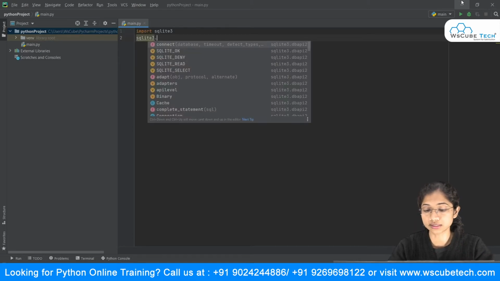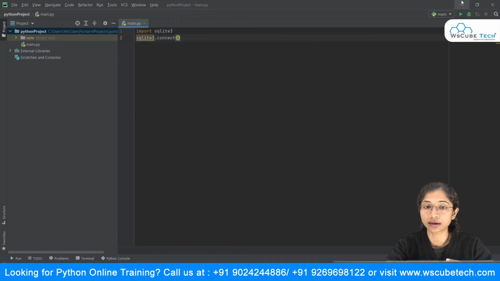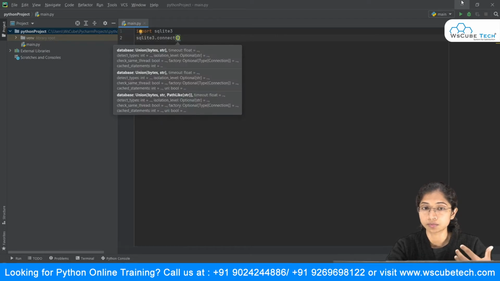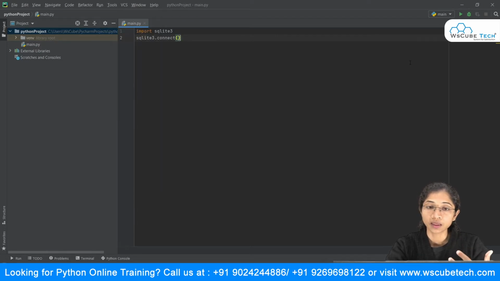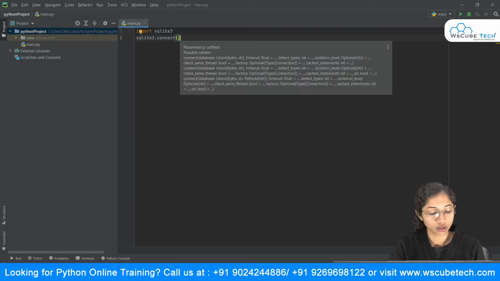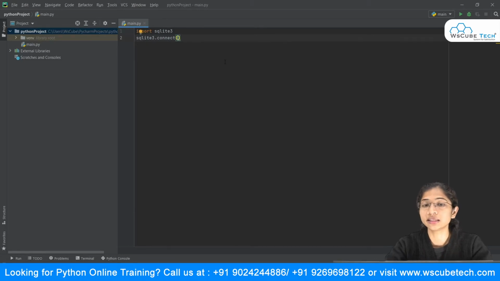We want to use this in order to connect our Python with the database. Inside this parameter we have to write down the name of our database. As for now I'm creating the database of student, so I'm just going to say student.db. db is nothing but the extension over here.